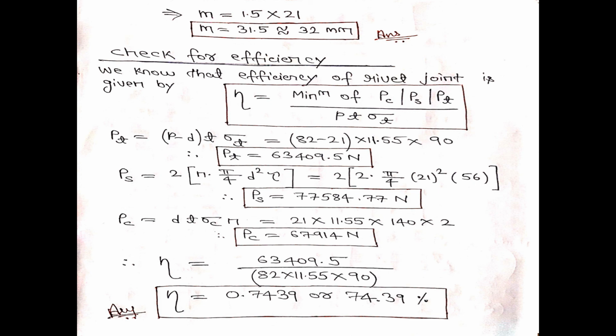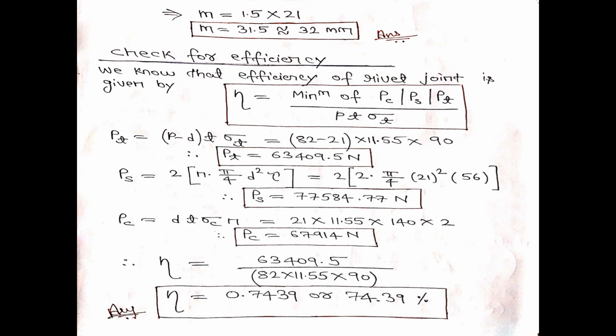So after this margin, we will draw that particular diagram and indicate all the values. The last part of the problem is that we have to check the efficiency of the riveted joint which we have designed just now. For that, we have the equation of the efficiency, that is eta is equal to the minimum of